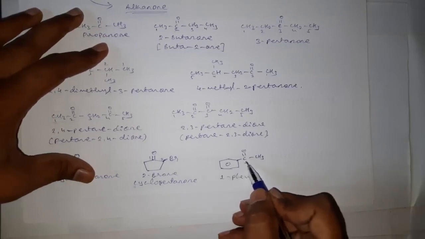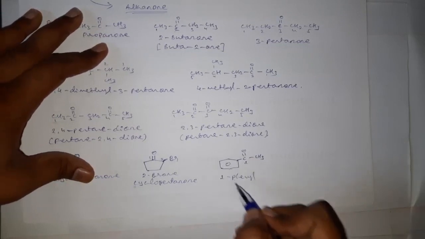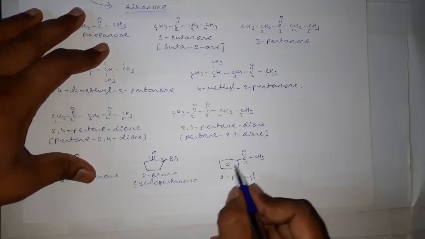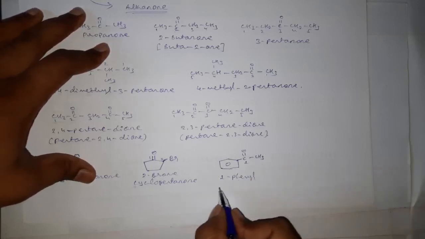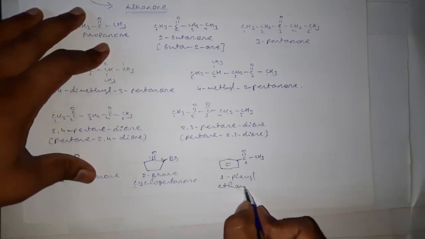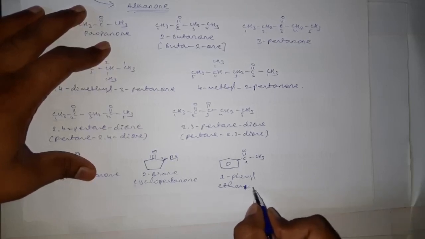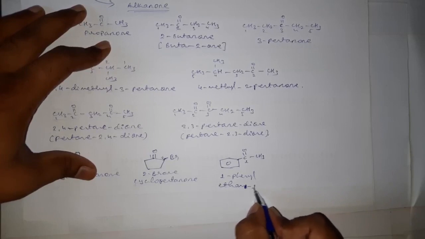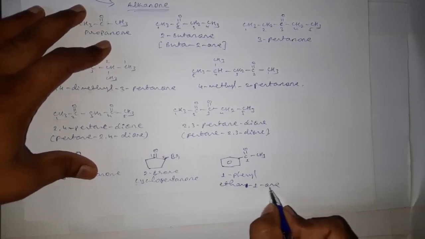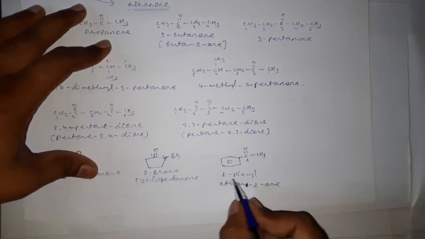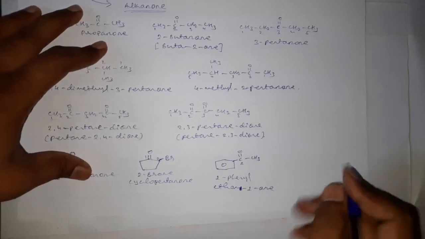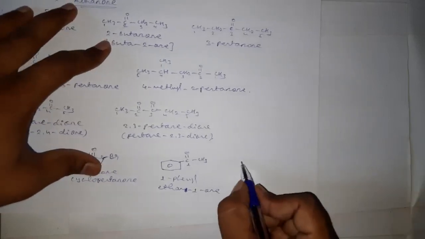On first position, the substituent is there, that is a phenyl, 1-phenyl. Then the parent alkane is ethane. Here we have to replace the E of the alkane with ONE. Ethan-1-one. 1-phenyl ethan-1-one. Or we can name this one